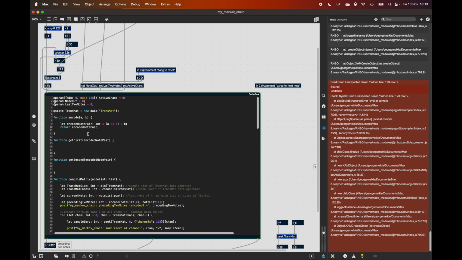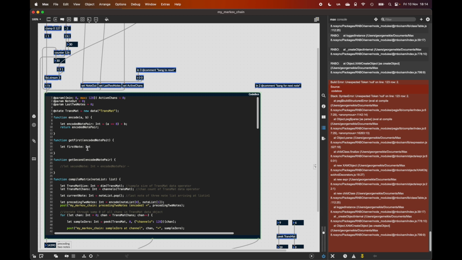So in order to get our second note, we need to create a new variable in here, and we're going to do let second note, which is obviously going to be an integer again, equal encoded note pair minus the output of our getFirst note function, which I will write in a second. In fact, I'll write that now. Let's just comment that out, just so we don't produce any errors along the way. So to get our first note, we're going to do let first note. This is a variable, obviously. Let first note,